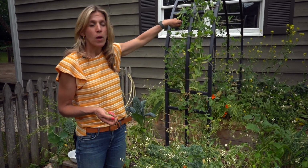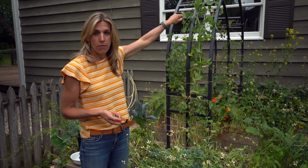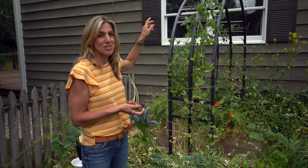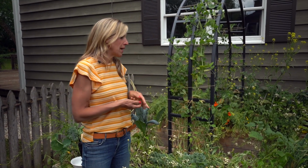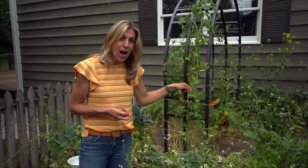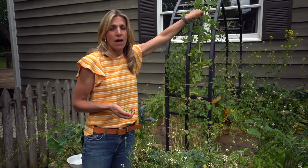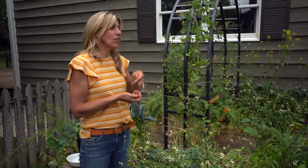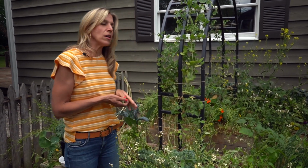Now, I don't know about you, but I can't remember the last time I measured something that was 1/4 of a pound, but that doesn't sound like very much. And that's one of the things I've learned over the years of growing peas: you actually need a lot of pea plants in order to get a good harvest. So 1/4 of a pound, if you're planning out and you want to be able to harvest a few pounds,